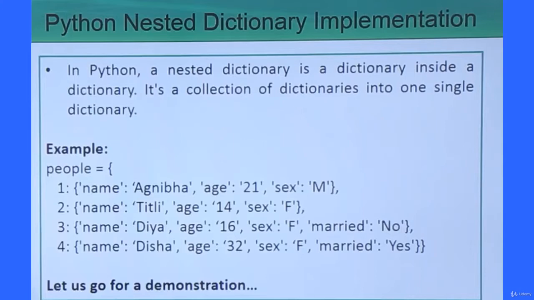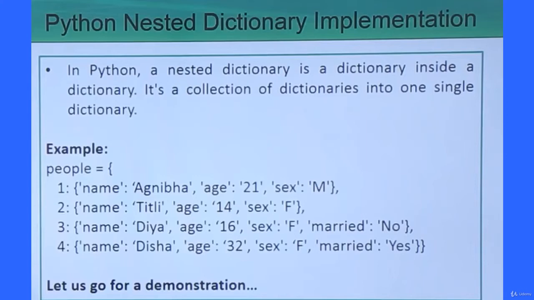We have this people. This is my key and this is the respective value, and this value is another dictionary. This is another key, the colon is the separator between key and value, and this is one value, and the value is itself another dictionary. And you see we are putting a comma here, and then 3 is the respective key, and 4 is the key, and this is the respective value.